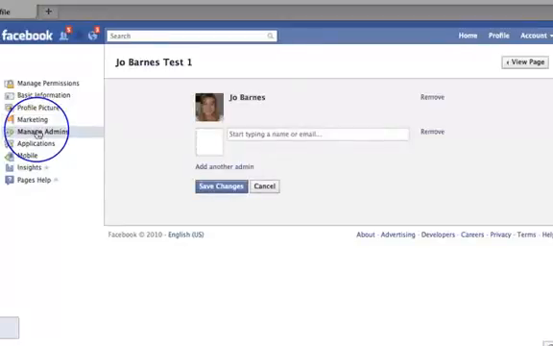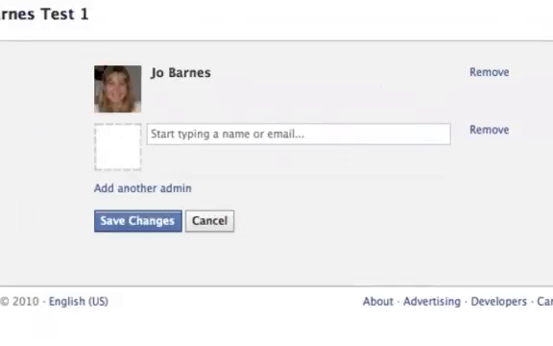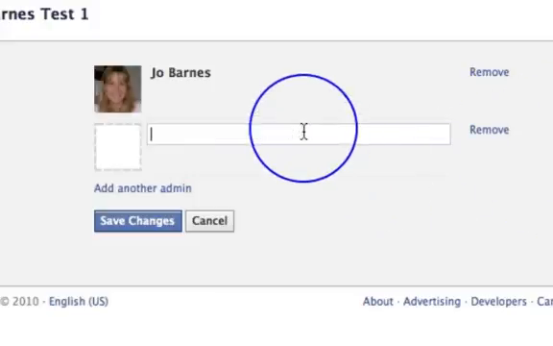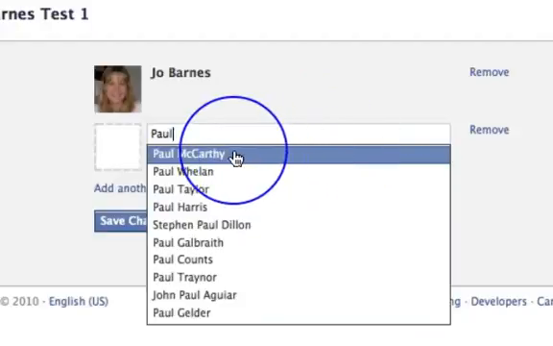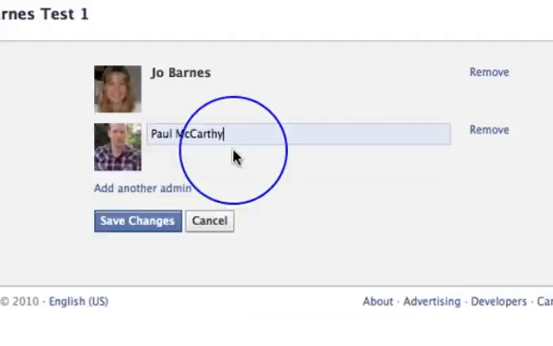Manage admins. This is a better way than before. Last time it was quite elusive to manage an admin, but now all you literally need to do is start typing the name of one of your friends. So for instance, here we go. My friend who is like my co-administrator is a guy called Paul, a brilliant guy, Paul McCarthy, a fantastic internet